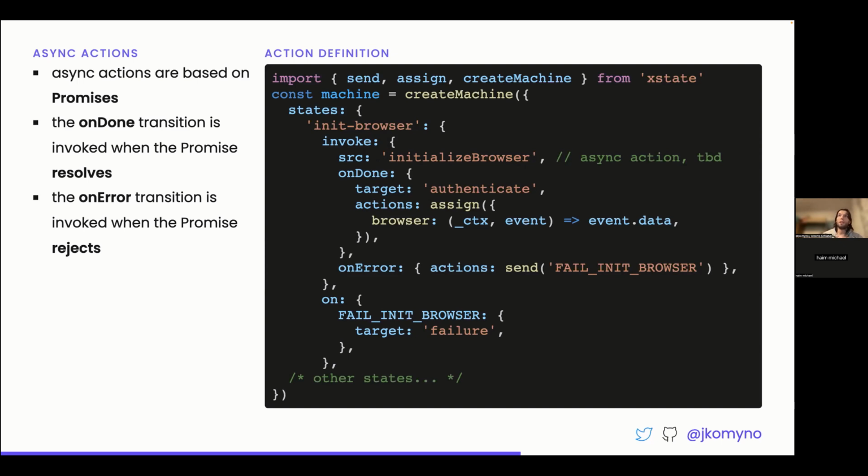When the promise succeeds, we enter the onDone part here. And in target, we can specify the next state. And with actions, we specify what happens immediately before we transition to that state. In this case, we are modifying the context. So this assign utility here is a pure function. It has access to the current context and the event that caused the transition. And we can, for instance, update the browser property, so context.browser, using the result of the event, accessible via